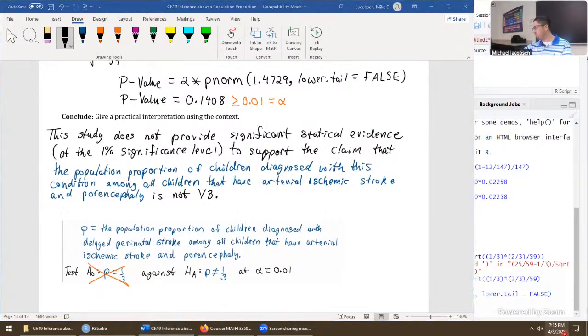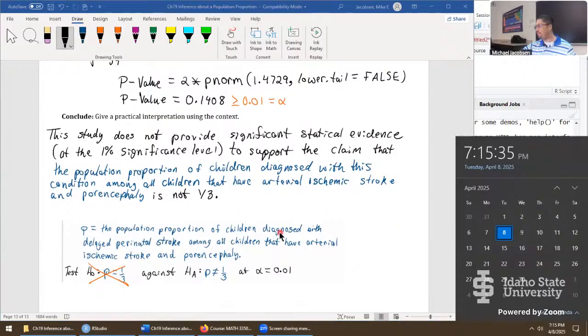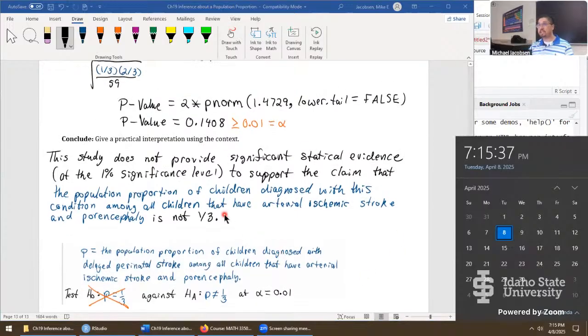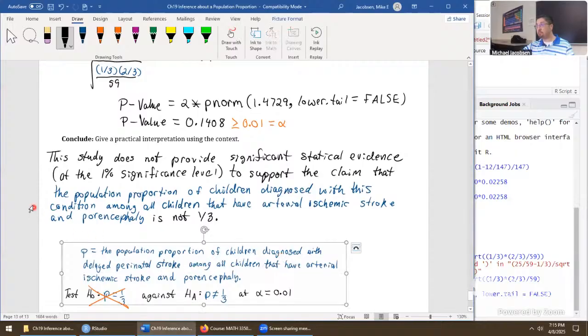Sorry for running past our allotted time there, about half a minute over on this one, but that's where the study would finally end. So what does this mean for the doctors? Doesn't mean this is true. It's just that we don't have very much evidence against it at the moment. So in that case, they could continue to operate, or not operate, but work with these children that have that condition in the same kind of way as they've done before, until maybe the test is read again at higher sample size, and they do get evidence it really is different than 1/3.